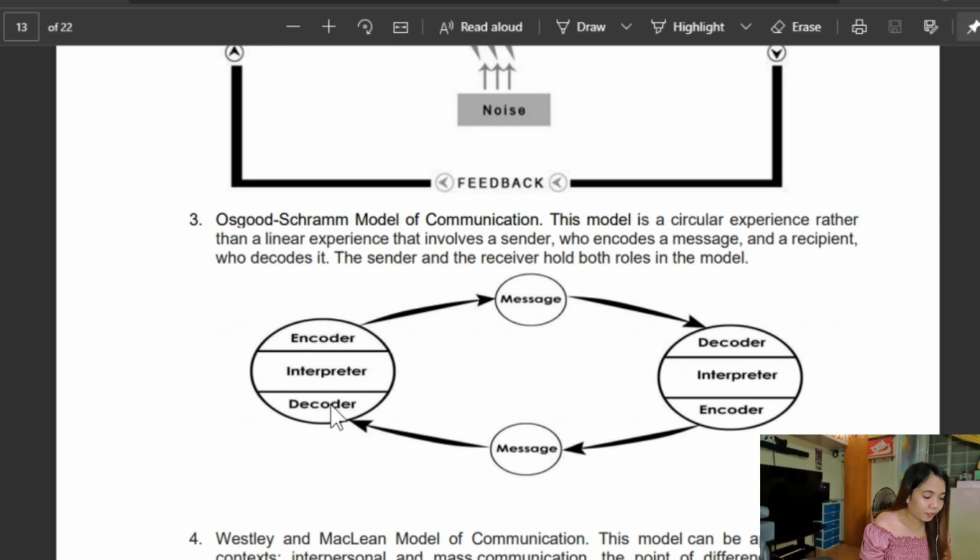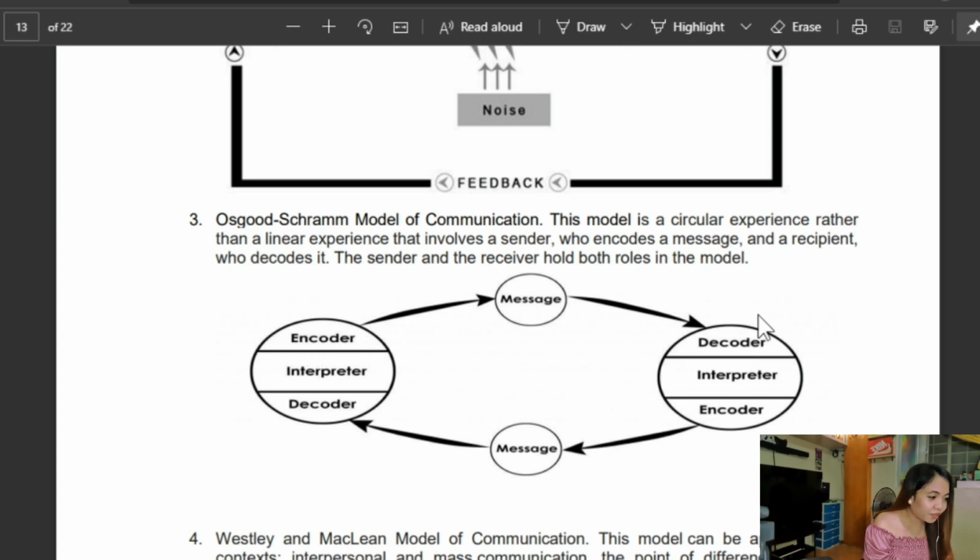So we have here encoder. Ang encoder, remember, it's always the receiver. Okay? We have the message, okay, which is thrown to the decoder. Ang decoder is always the receiver. So if you're going to notice, in-interpret ni receiver, okay, tapos after that, nag-encode siya. The feedback was encoded, ito yung message, and it was decoded by the receiver. So parang the reason why it is circular kasi bumalik lang siya. Okay? Yan. So parehas sila ng role.